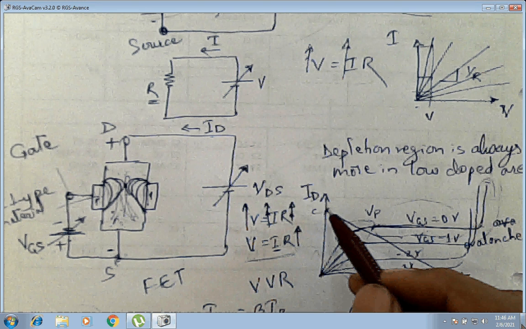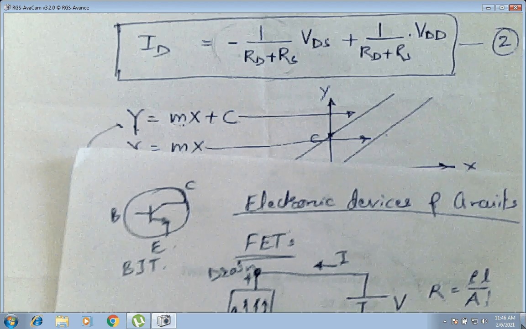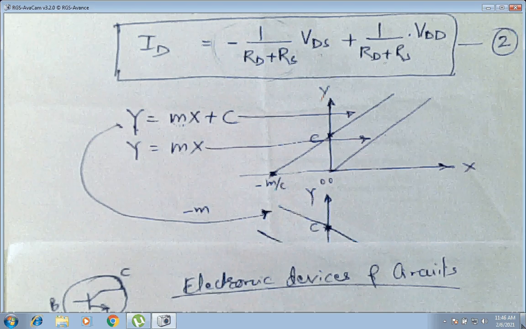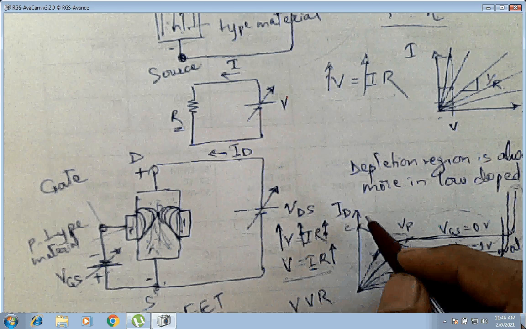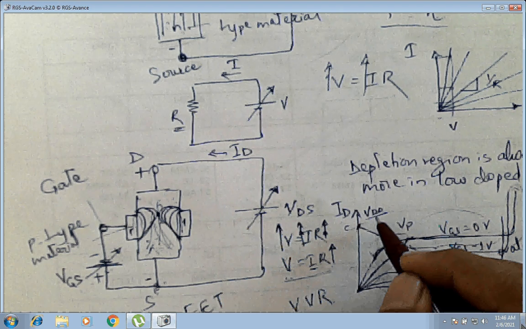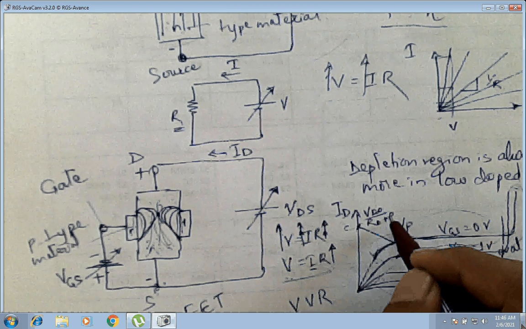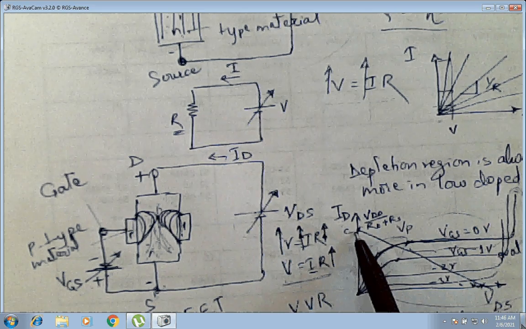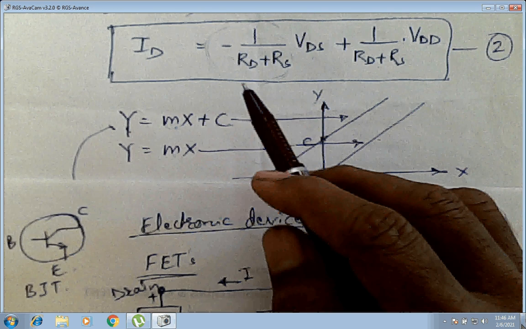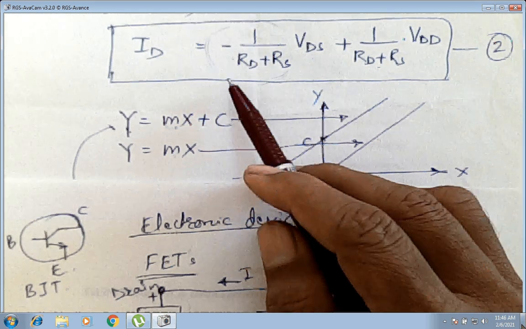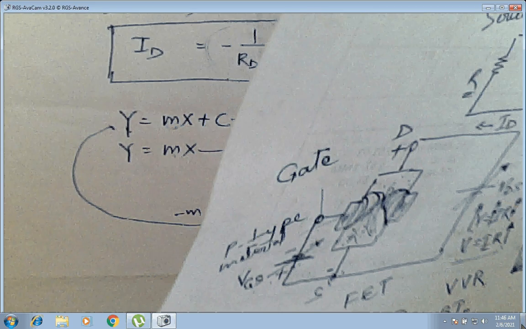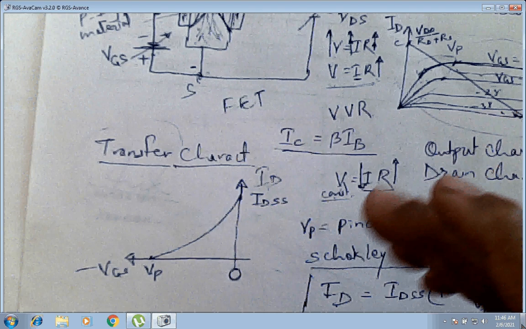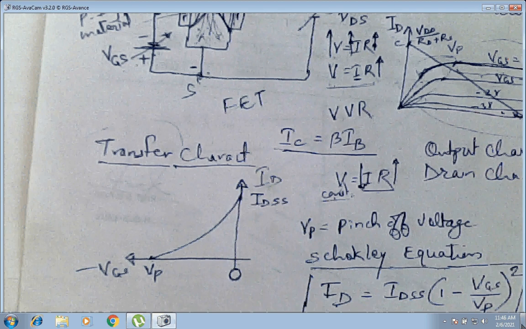Now what is c in our equation? In our equation, c is equal to VDD divided by RD plus RS. So here also it will be VDD divided by RD plus RS, which is the c point. Got this? This is a straight line given by our equation. Okay, one. Second, taking the first equation and our graph of ID versus VGS, our first equation says